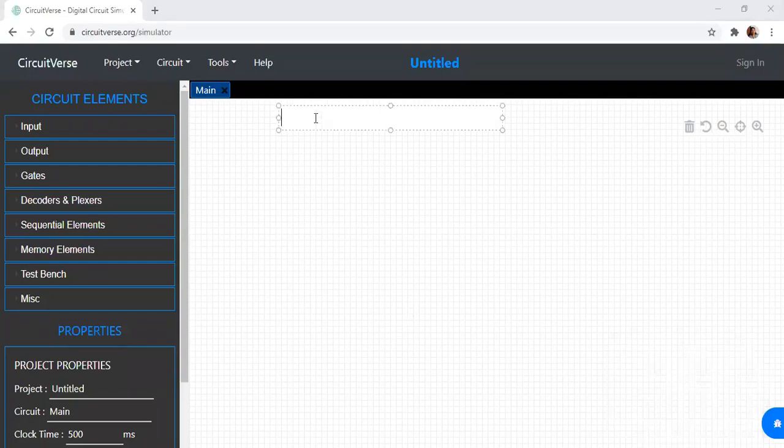Now the next thing we are going to do is implementing Boolean expressions using a DMUX. For this, I'll take an example of a full subtractor. So this example is implement a full subtractor using DMUX. Instead of full subtractor, you can take any Boolean expression. So here I have a full subtractor.